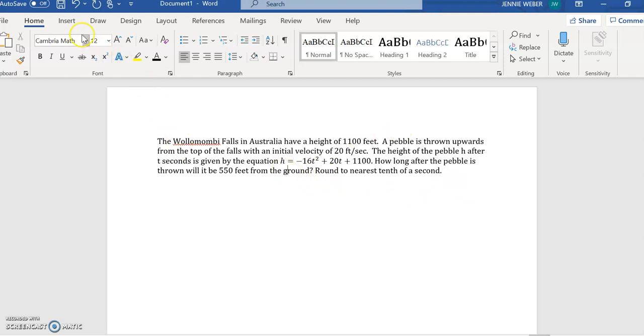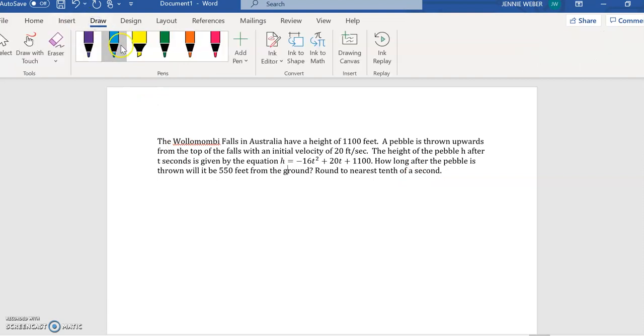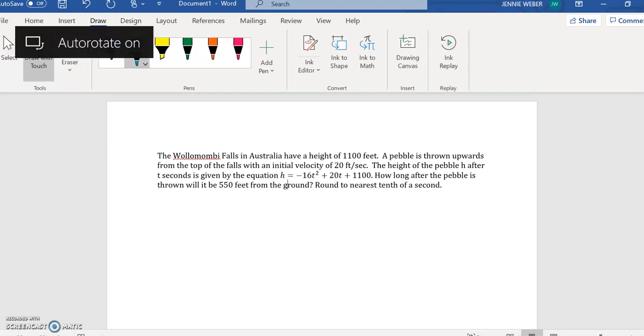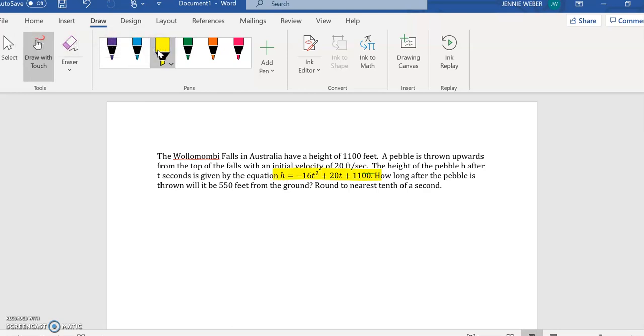Round to the nearest tenth of a second. Okay, so when I look at this, they've actually given me a lot of information I don't need. What I actually care about here is this equation, and I care that I want to know how long it will be until it hits there. So I want this 550 feet to be my h, so I have 550 equals negative 16t squared